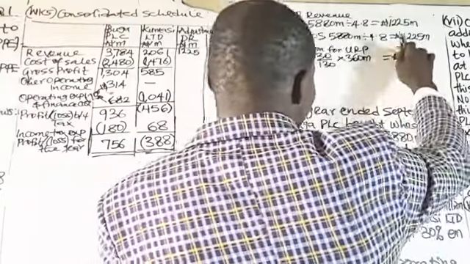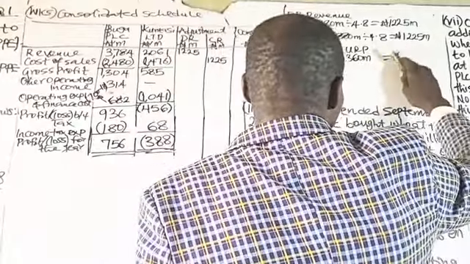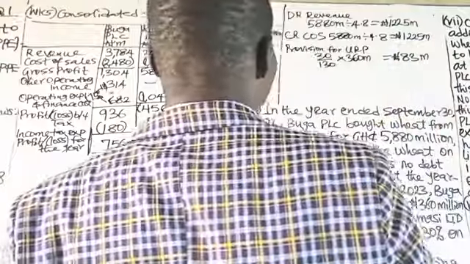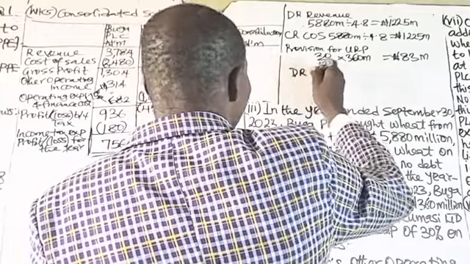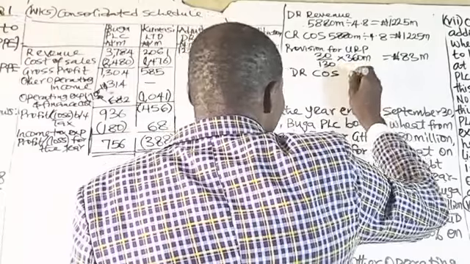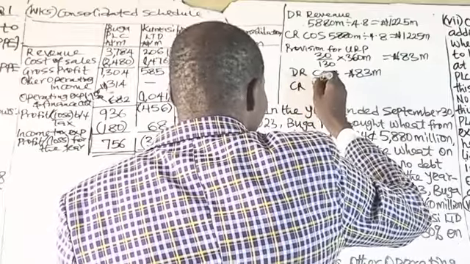This figure is in Naira, so it does not require any further translation. So the accounting entry is to debit cost of sales with 83 million, credit inventories